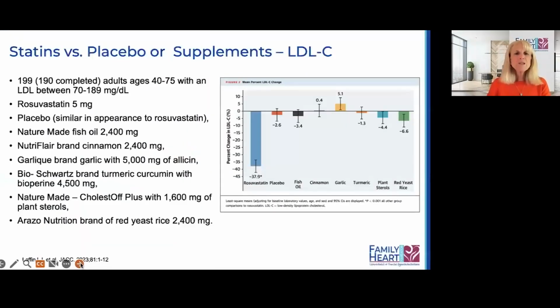So let's look. This was a study done through the Cleveland Clinic, a very reputable organization, a famous hospital, and it looked at 199 adults ages 40 to 75, 190 completed, so almost all of them had LDL levels between 70 and 189. And they compared rosuvastatin, 5 milligrams, the lowest dose of rosuvastatin, to placebo, to Nature Made fish oil, to Nutriflare brand cinnamon, to brand garlic, which has commercials all the time, BioSchwartz brand turmeric,